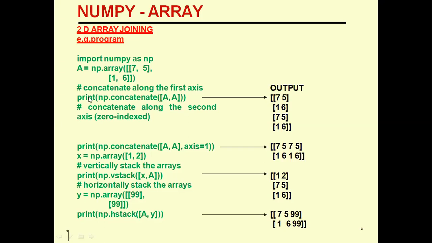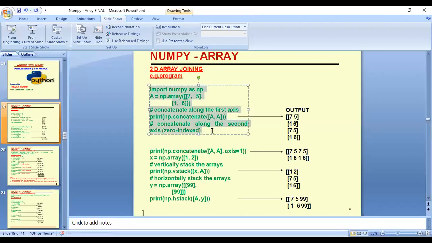Here I am using the concatenation operator. What is the use of the concatenation operator? Concatenation means to concatenate both values, a comma a, so both arrays will be added here, along the second axis index. See here, I am showing you the practical. Live practical I am showing in Jupyter Notebook.